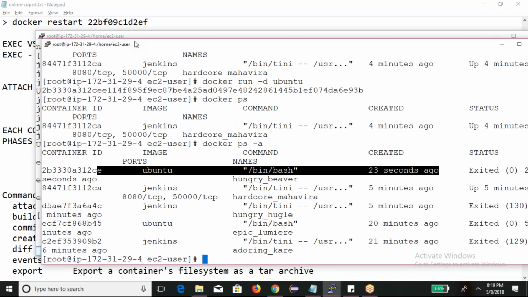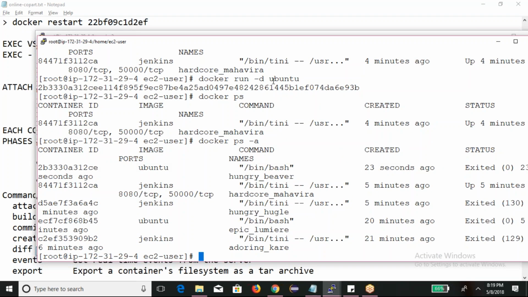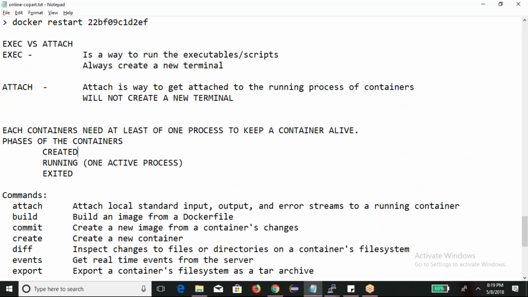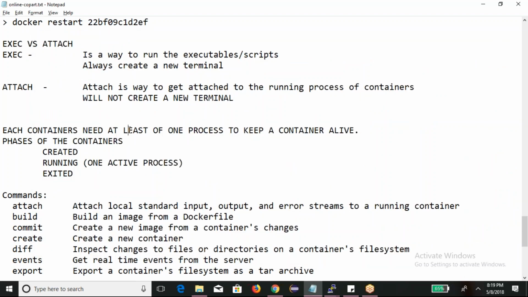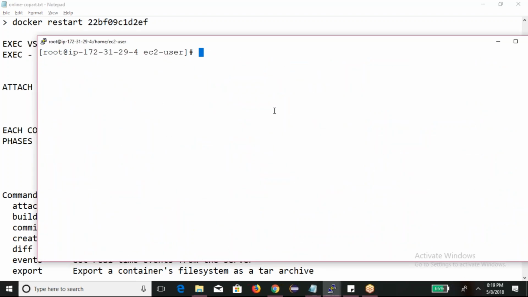So in this case, what happened? When I typed docker run -d Ubuntu, Ubuntu ran. It got created. The container got created. It also ran. It ran with the bin bash, but bin bash was not having anything to wait for. So it was created, it ran and exited, and now this is the exited one. So I said each container needs at least one process to keep a container alive. So I have to make at least that container hold it